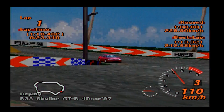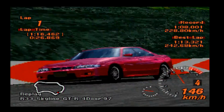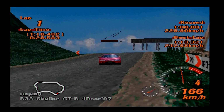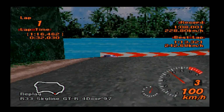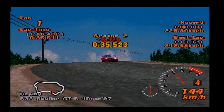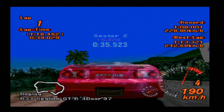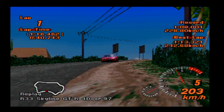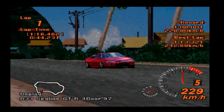And of course, although we don't have as many four-door JDM variants in the Gran Turismo franchise still, we do have some, or at least we did up until GT Sport. On GT6 even, we still had, for instance, two Blitz R34 drift cars, which are, of course, both based on the four-door R34 Skyline. Now, this one is not an R34, this is an R33, pretty obviously, of course, and